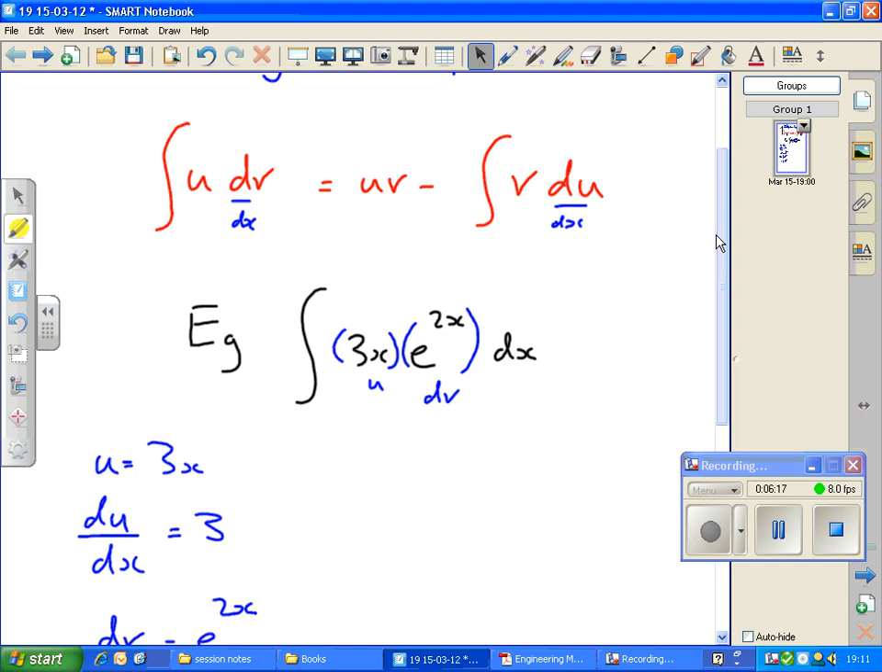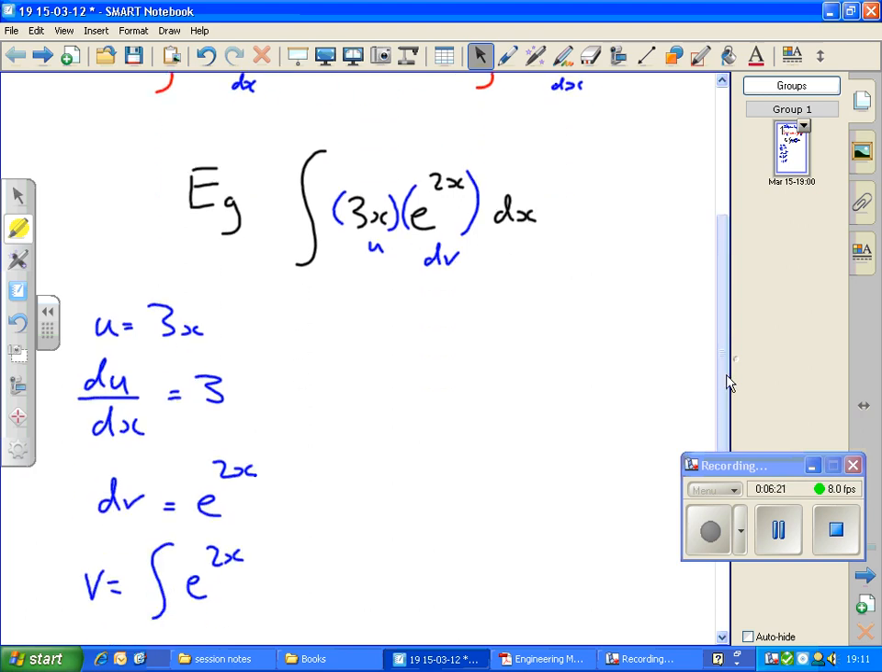So I let one bit equal u and differentiate that. I let the other bit be dv and I integrate that. So that process is the same every time. I let one bit be u and differentiate it, and the other bit be dv and integrate that. So then I can combine these steps. I can add this up to say that therefore the integral of 3x times e to the 2x with respect to x,